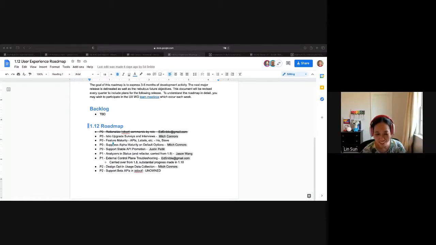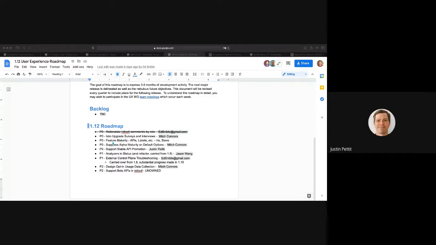Yeah, I was just going to ask, there's no design doc for this yet, or is there one, Justin? No, there's not. I'm not sure if it will be a design doc though, because we actually have live documentation about what's supposed to happen for stable APIs. It'd probably be more of a roadmap for how we work with the various teams to get the APIs stabilized.